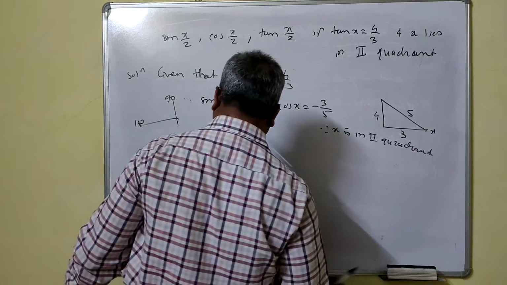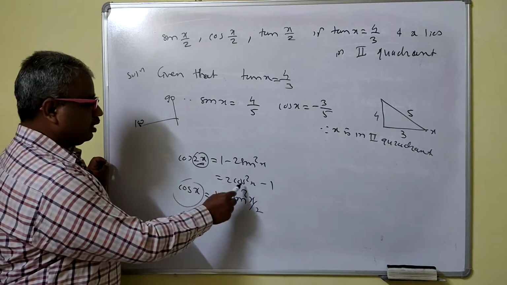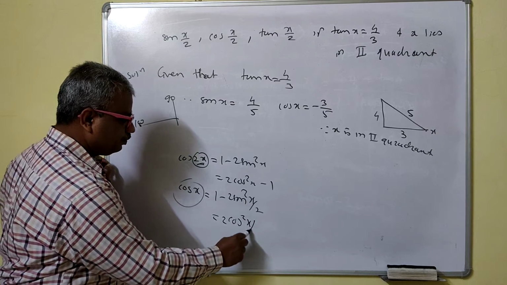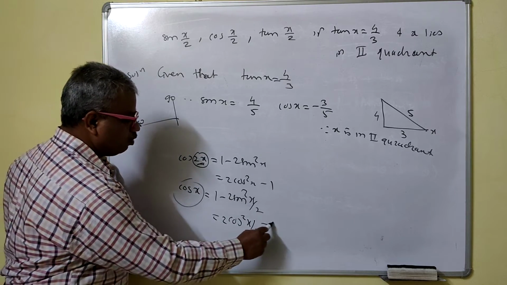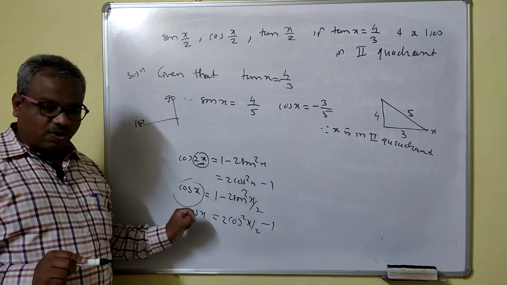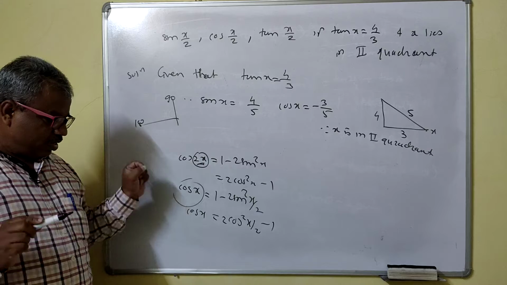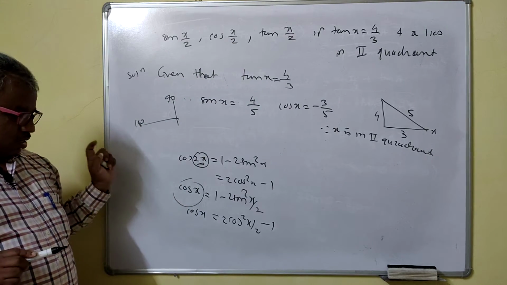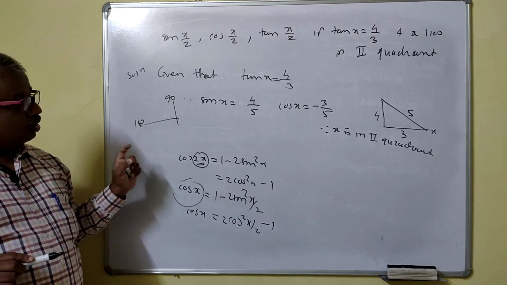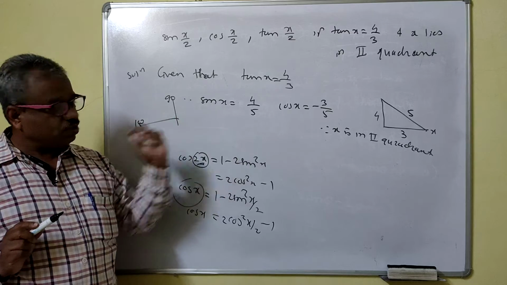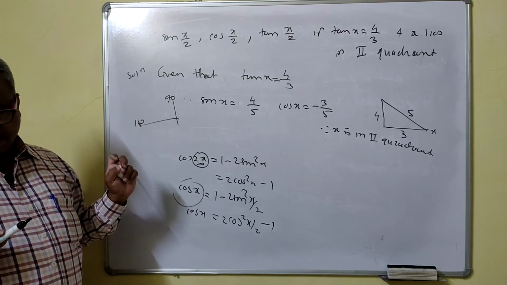And you see here now also cos twice x. Now here also you can write this as 2 cos square x by 2 minus 1. Here is the value of cos x now. So simply with the help of cos x, you can obtain all three values, right? We don't need the value of sin x. We need only the cos x, right?